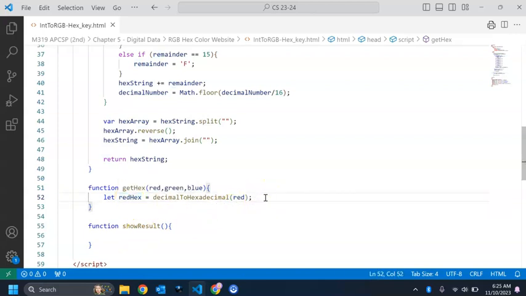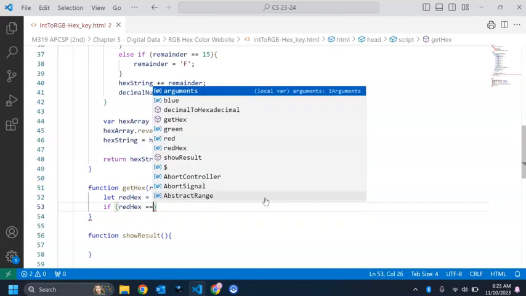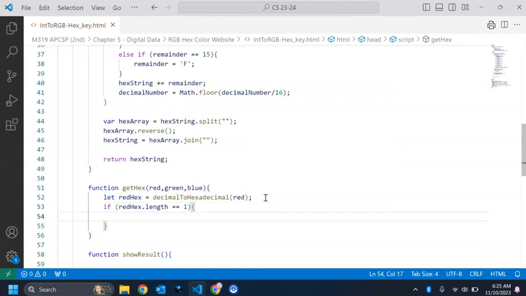The thing that I wanted to point out with this right now, you guys are going to have to make sure that there's a potential that the digit that you get back is only 1 character long. Remember, our hexadecimal numbers need to be 2 characters long. So this requires just a nice little if statement. What I'm going to test is, hey, this red hex thing, if I find the length of it, and it comes back to just be the length of 1, meaning it's a single character in length,